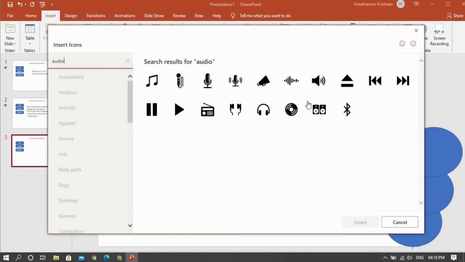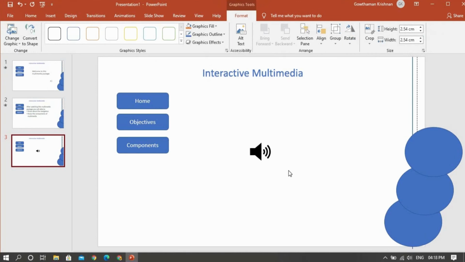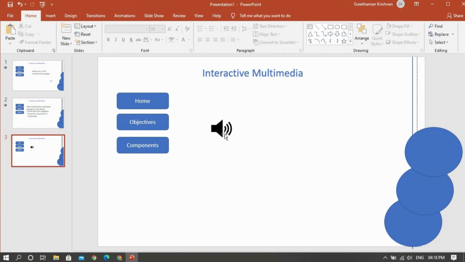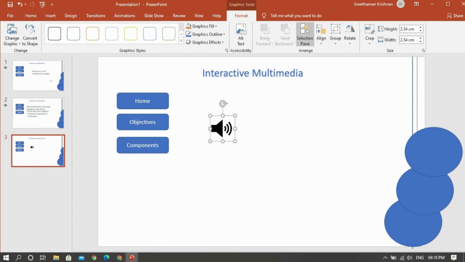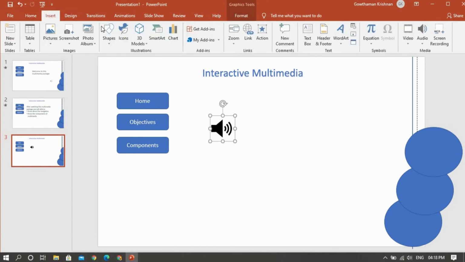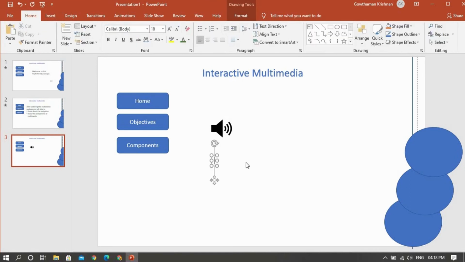So now I select some audio icon and then insert. So now the audio symbol is inserted here. Then I can write a small text, from here I can write audio. Okay, place it like this.